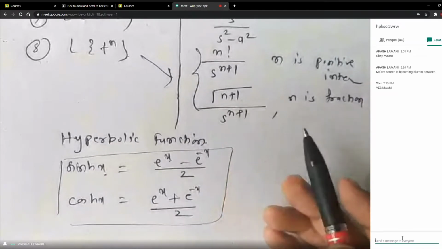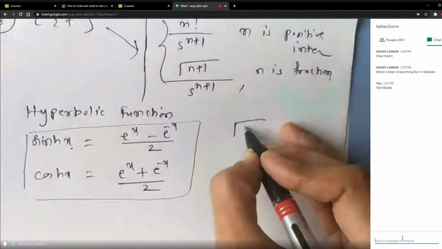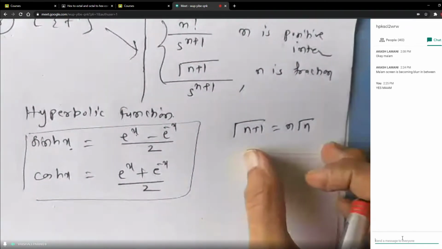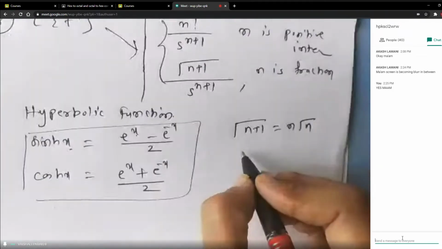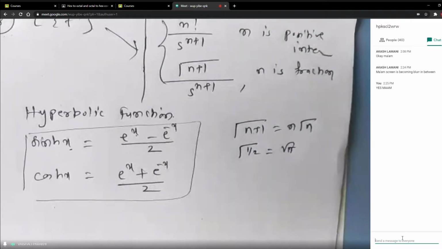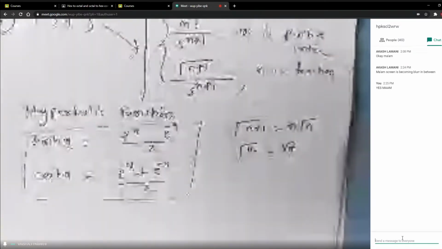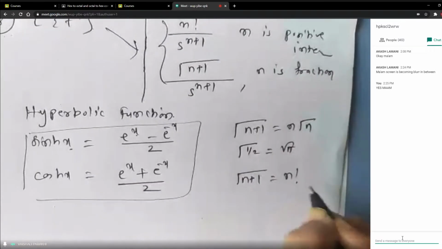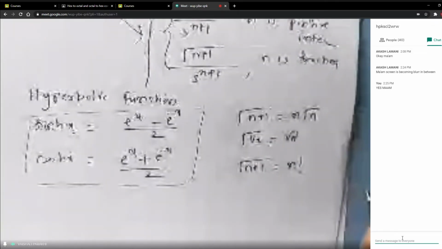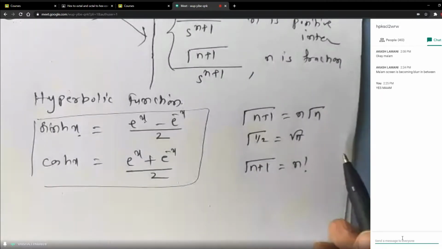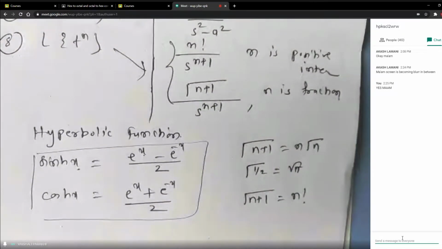Now at the same time, about the gamma function, gamma of n plus 1 can also be written as n into gamma of n, right? This is called the reduction recurrence formula. Then gamma of half is root pi, if you remember from the first semester. Then if n is a positive integer, gamma of n plus 1 is n factorial. So these are all the basic properties which you already know. Using those properties, you can go ahead with the problems.